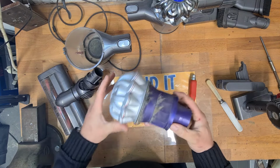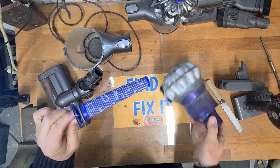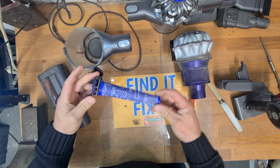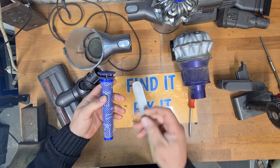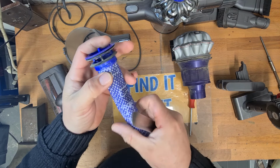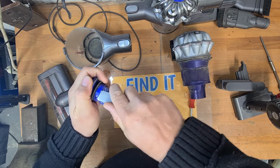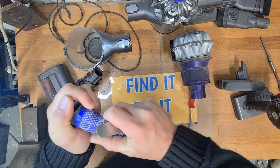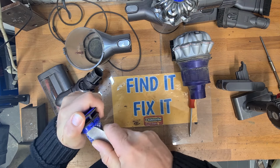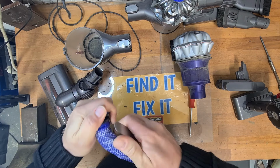So with the cyclone, I'm going to show you how to take this apart. First of all, we're going to remove the filter. This filter needs to be taken off of this to be cleaned, and I'm about to show you why. All you need to do is get a butter knife. Just around here, you've got 1, 2, 3 tabs. All we're going to do is slide this under the tabs, tilt this down as we do it, and it will pop the tabs off, and it will allow us to take this filter out,